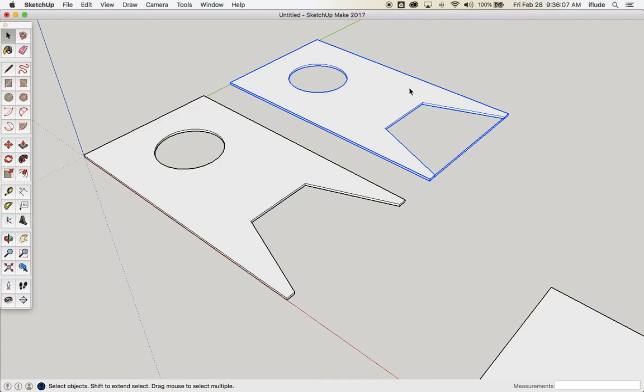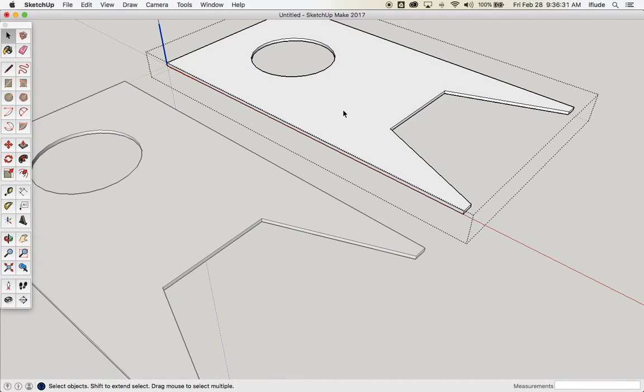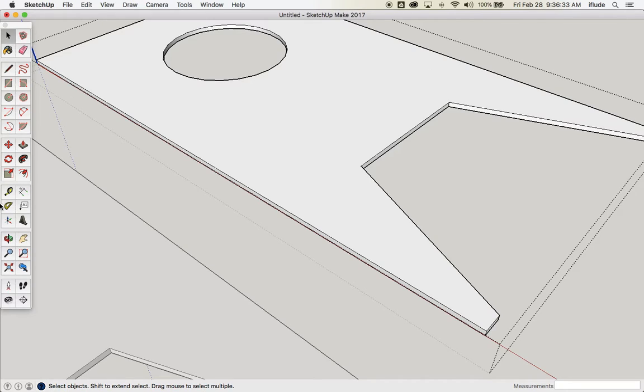Okay, and since these details are identical to each other, I can, in theory, make edits to this component and just leave this other stuff behind. Now you've seen in a previous video when I pull through to exactly the thickness of the piece, that the material will disappear. So that's exactly what I'm going to do here. So I'm going to double click and I'm going to take a guideline